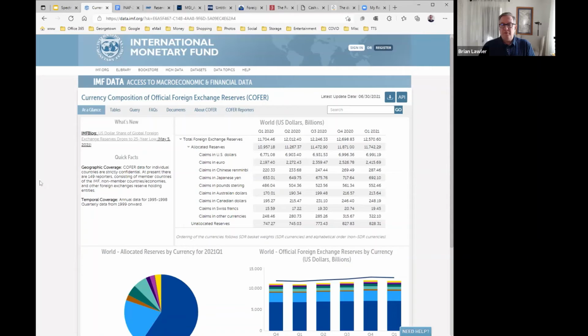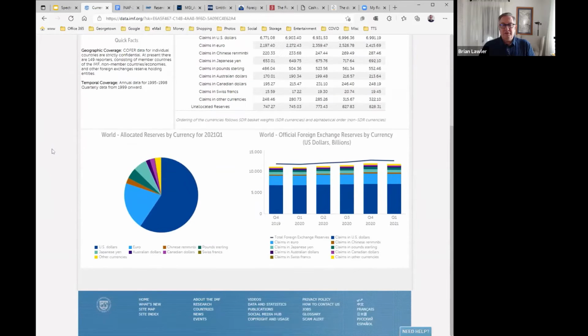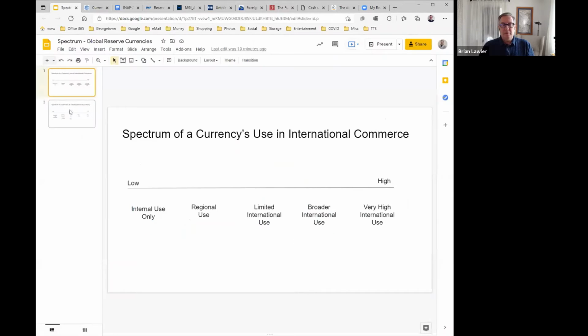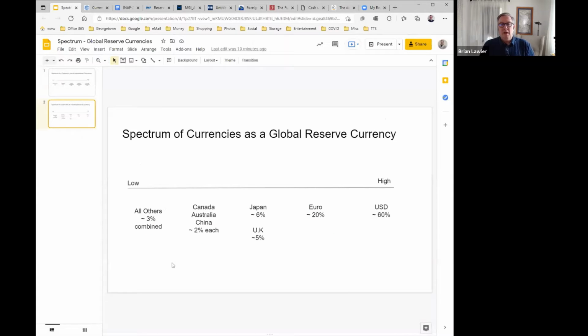One of your best resources for this topic is some data shared by the International Monetary Fund. You can find this for yourself on the web. It's also listed in the bibliography, and it's called Currency Composition of Official Foreign Exchange Reserves. You'll see this phenomenon that I'm talking about here, which is one currency is a big share, a second currency is a smaller share, a few currencies make up even smaller shares, and then this little yellow sliver is actually everybody else combined. So let's go back to the slide that explains that.